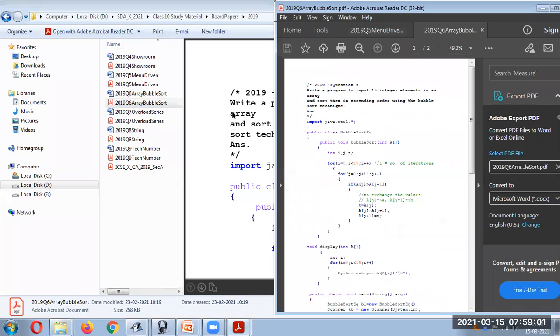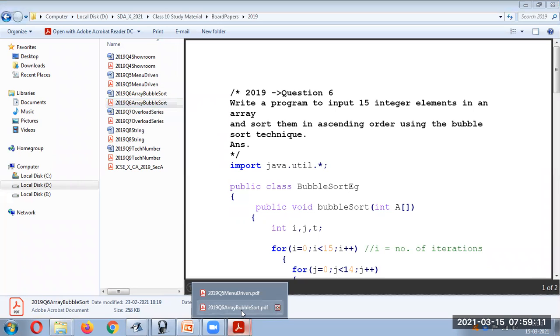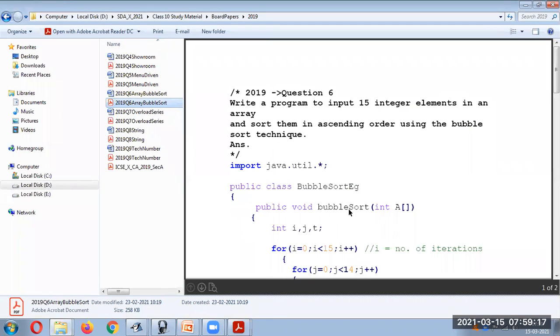array bubble sort. For this bubble sort, you can refer to the video for bubble sort. This is the same thing actually, but let's go ahead with the question. What is there in the question? We'll read the question nicely. These programs are very simple to understand. You just have to read and put it, because the algorithm will not change. So you can refer to the video I have created for bubble sort.